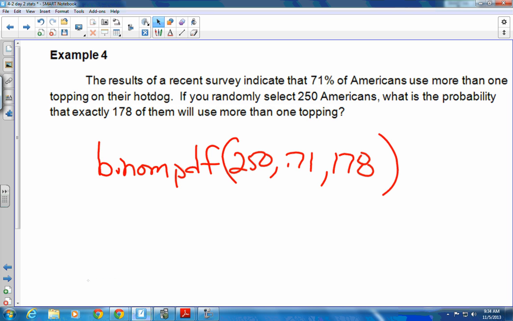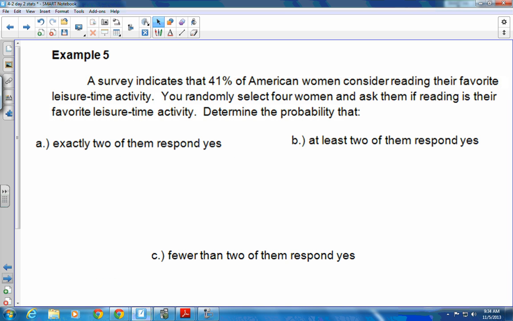Okay. All right, so next one. A survey indicates that 41% of American women consider reading their favorite leisure time activity. You randomly select 4 women and ask them if reading is their favorite leisure time activity. Determine the probability that exactly 2 of them respond yes. So, well, we can't quite use the table because it is 41%, which we don't have. Otherwise, we could have gone to that table. Probably would have been quicker. But we can actually use